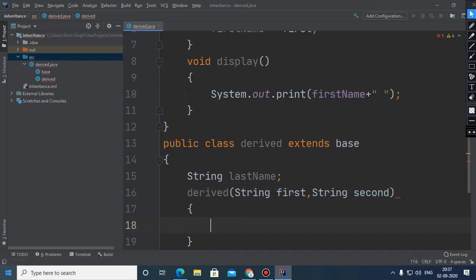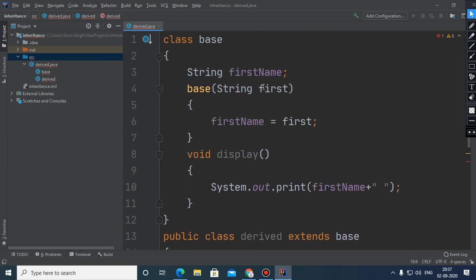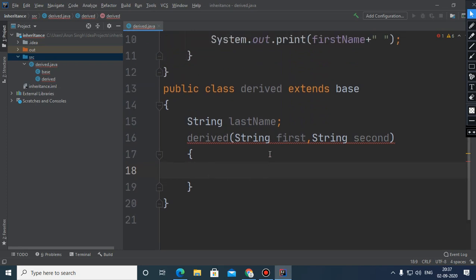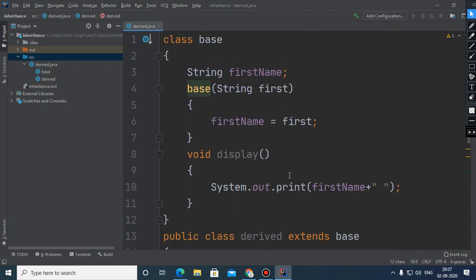So children, this first parameter belongs to the first name of the base class, so here we need to pass it with the help of the super keyword. With the super keyword we can invoke the constructor of the base class, which is this one.